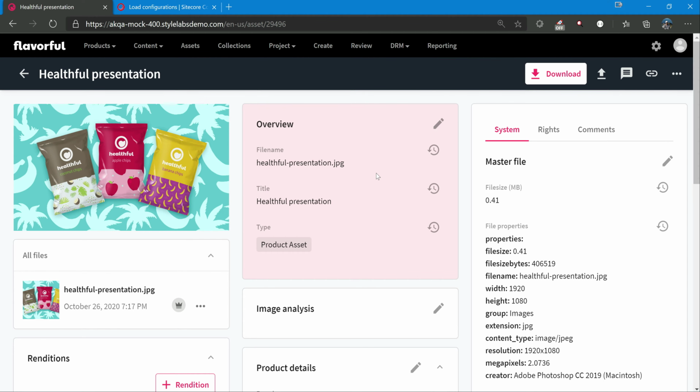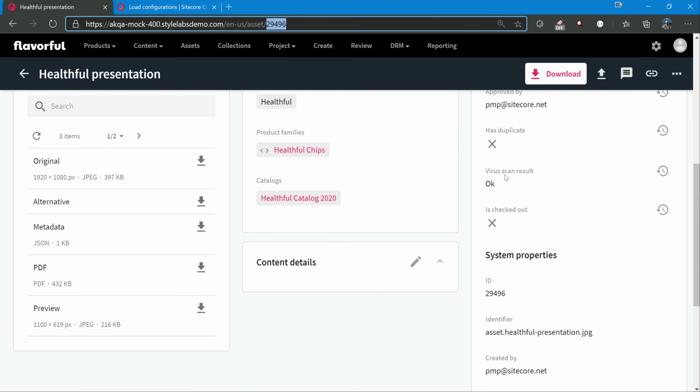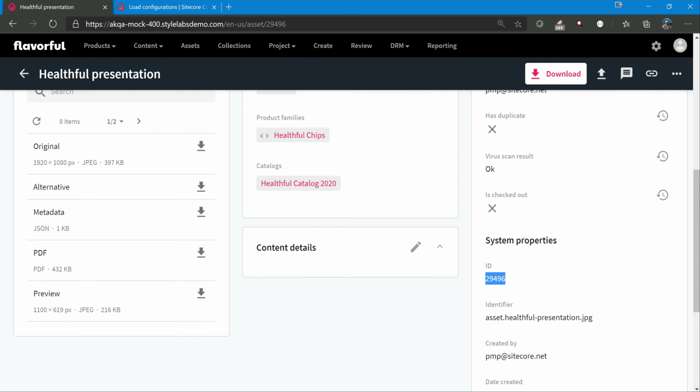And how do we know what are the properties and what are the relations? We need to go to the schema and so on. But for developers, the best way is to use the API endpoints, where we can browse and check all the information. It's very easy for us while implementing as well as troubleshooting. For that, you can pick the asset ID from here. This is the asset ID, or you would have the ID under system properties. We can pick it up from either place.